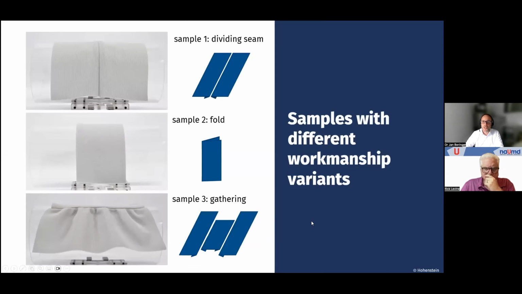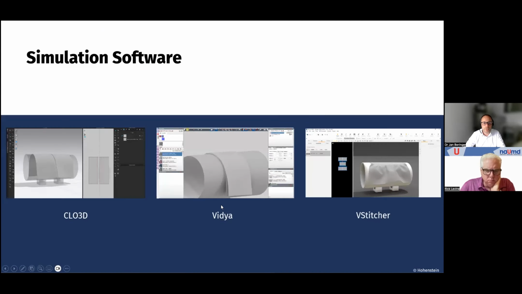So we also checked different workmanship variants, like a dividing seam, a fold, and a gathering. And this is the real picture from the physical sample. And then, of course, we did the same in the simulation software. You see the seam construction in Clo 3D, NVIDIA, and vStitcher, these are the 3 software systems we actually